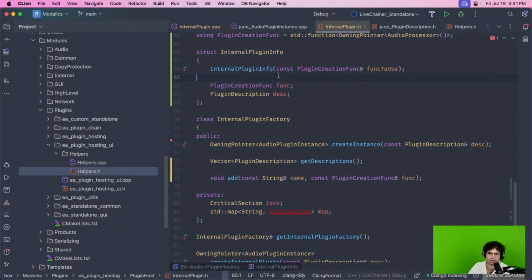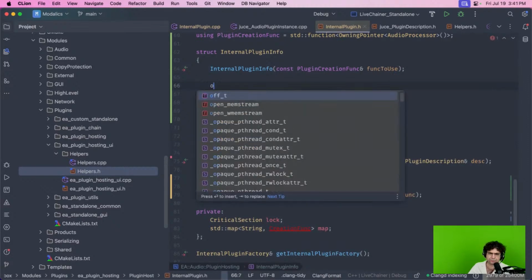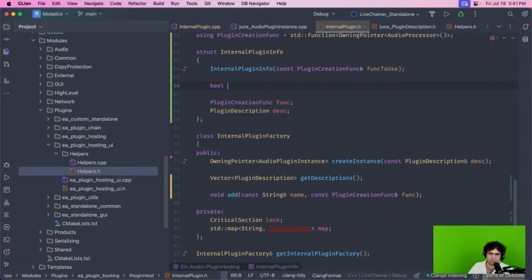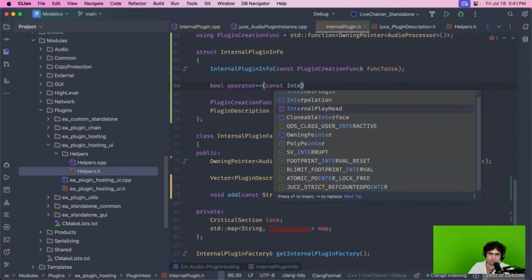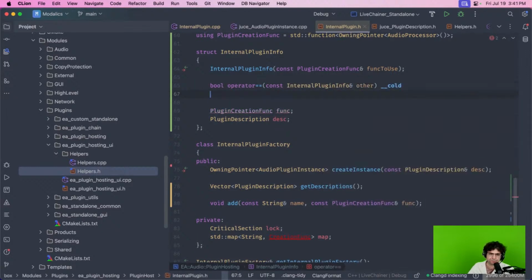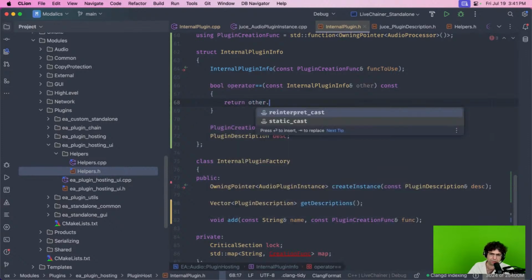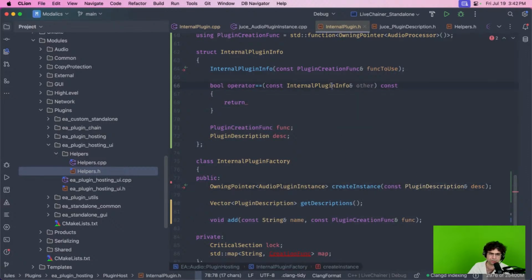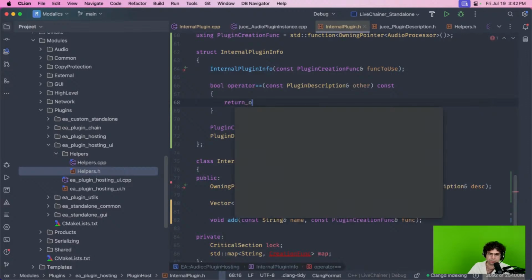I could do something now like a bool operator equals const general plugin info other, const, not called. And this will just return other. Not plugin, sorry, it should just be a plugin description. Return